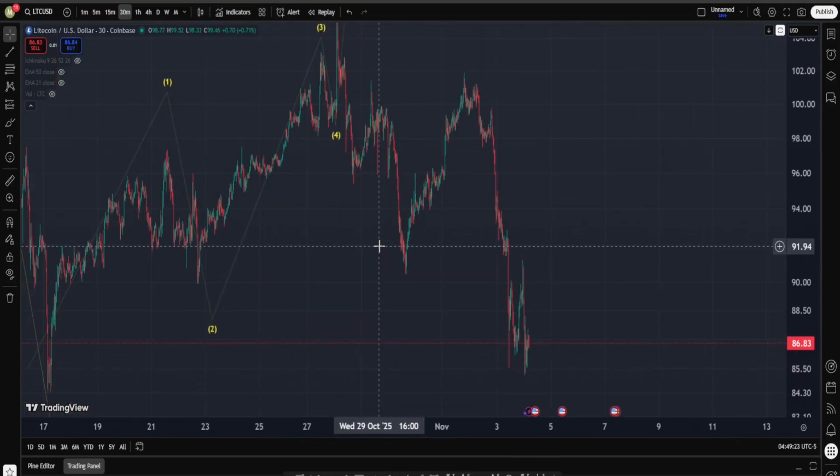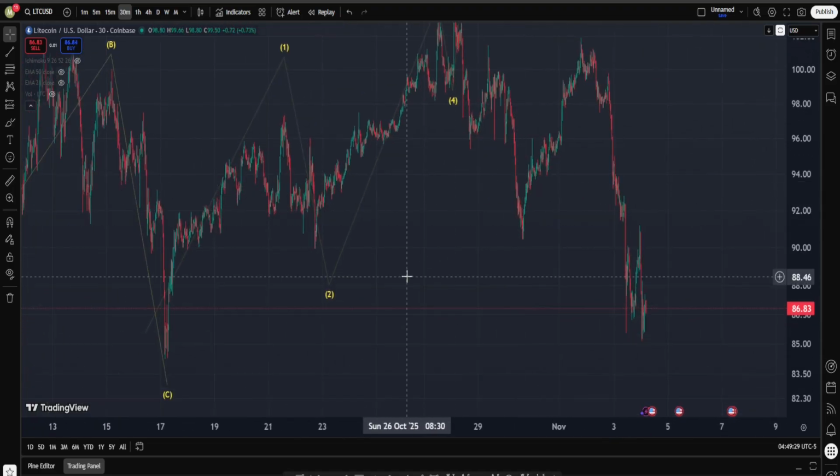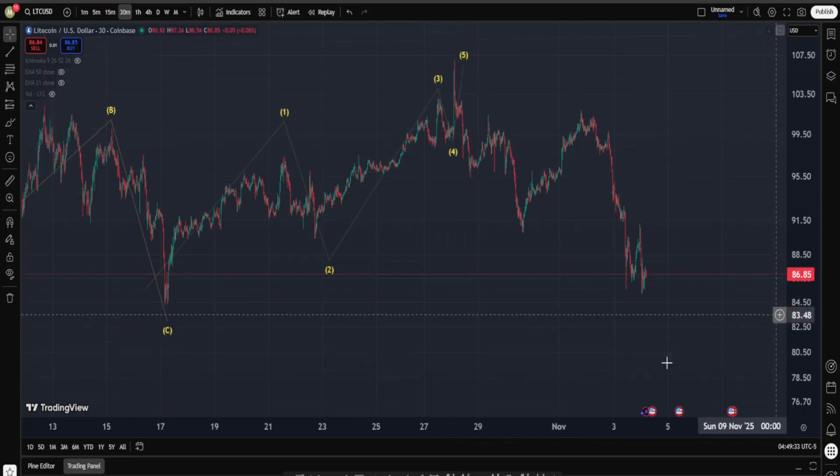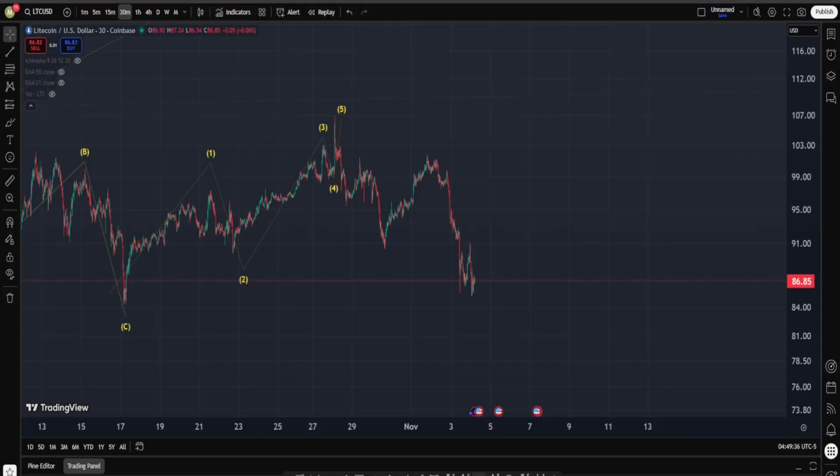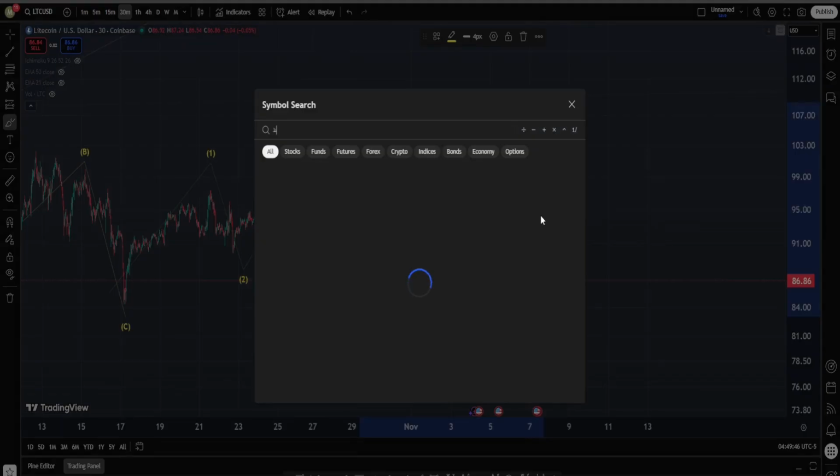Question, what is going to happen after a 5 wave up? Even if you want to go according to the most bullish scenario indicating the low is already in, you know the answer. We are going to have a move on the downside, and that, my friends, was the exact reason for why I said, look, one way or the other in LTC we are going to have a move on the downside, and what really matters is the shape of our move down.